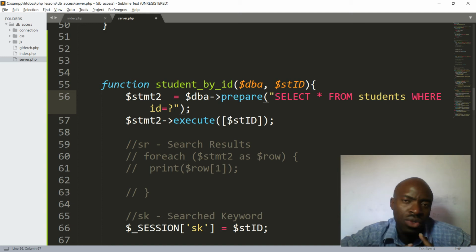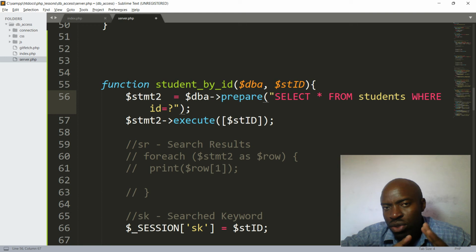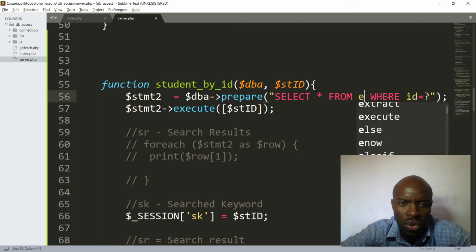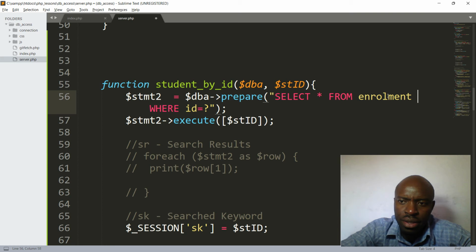So how are we going to do that? We are going to do that by combining two tables. We need to combine the table of student and the table of what? Enrollment. We need to join these two tables. So how are we going to join that? We are going to say select all from enrollment